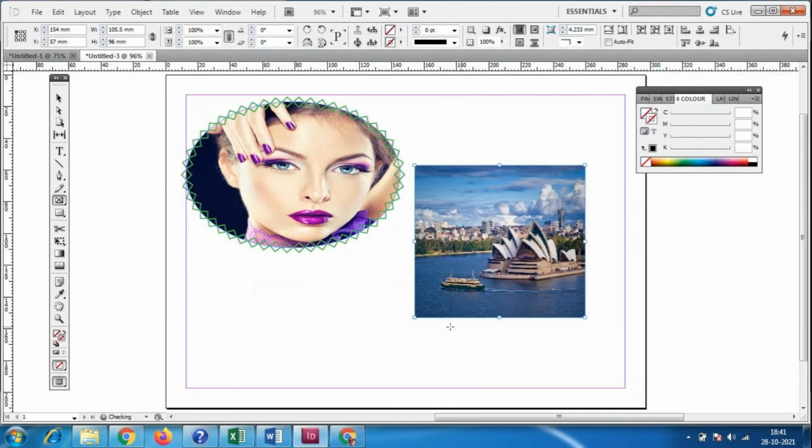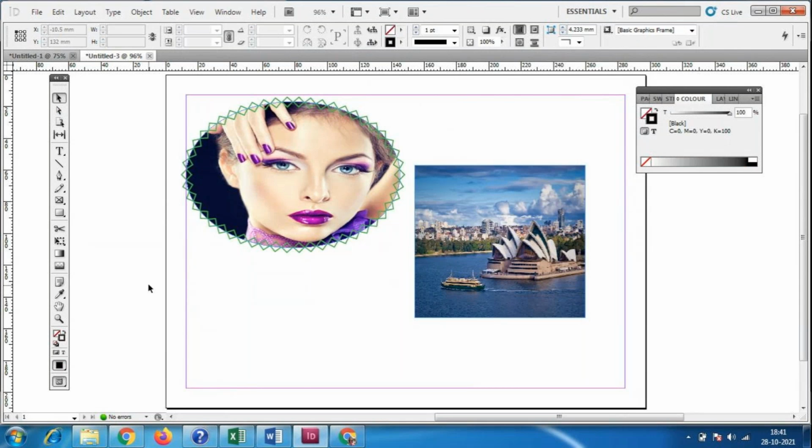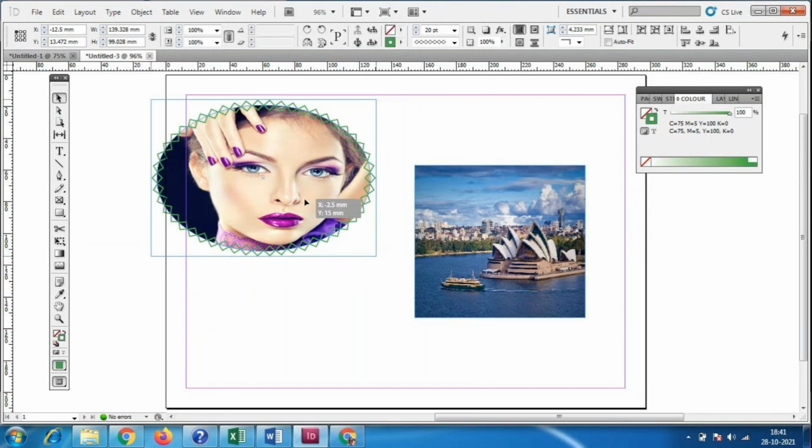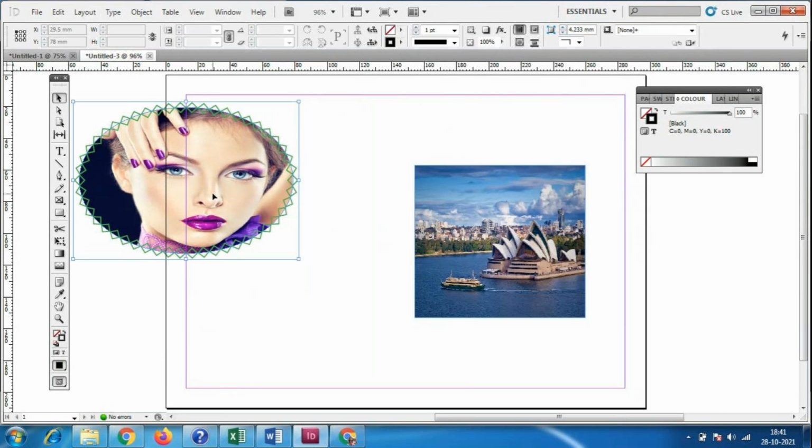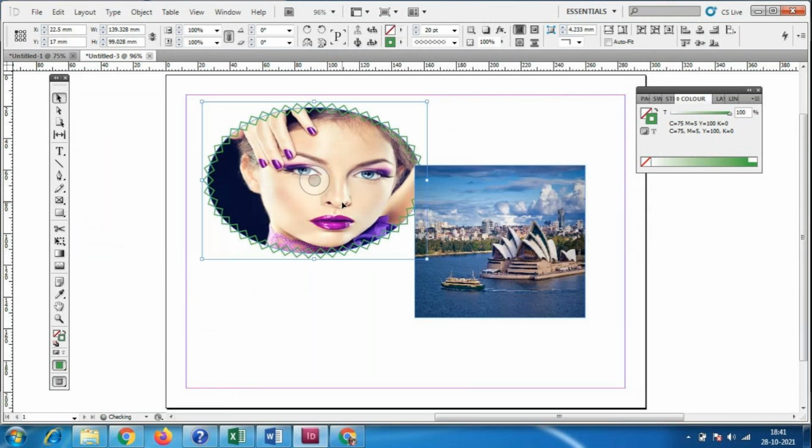So now see, if I have to move this file to the left side, that time I have to select it completely like this, using the left click, and I have to move the file like this. So if you select something like this, sometimes it is unable to move properly.